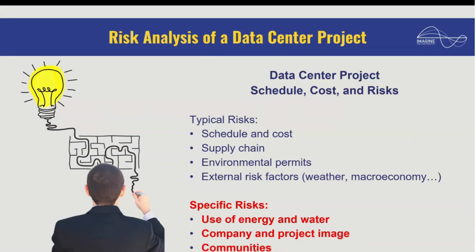The community watches the same news that you watch, so they know about the water use, they know about the energy use. Some communities will face water shortages because of data center projects. So that's a very big risk, both in terms of image, but also in terms of you may have strikes, you may have problems with the municipality or the federal government or some government agency because of pressure mounted by the community. So those specific risks are things we have to account for on a data center.